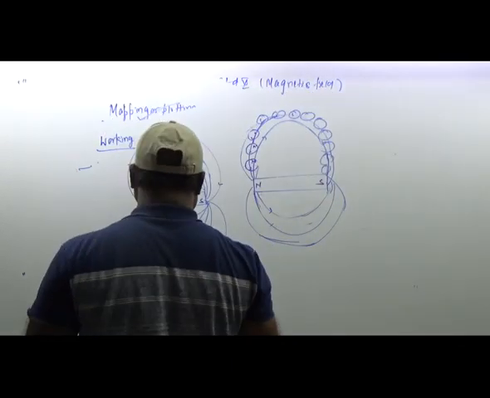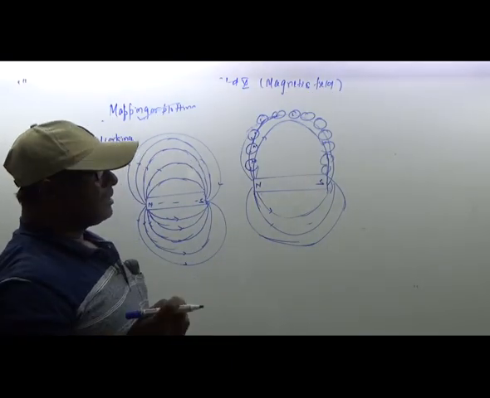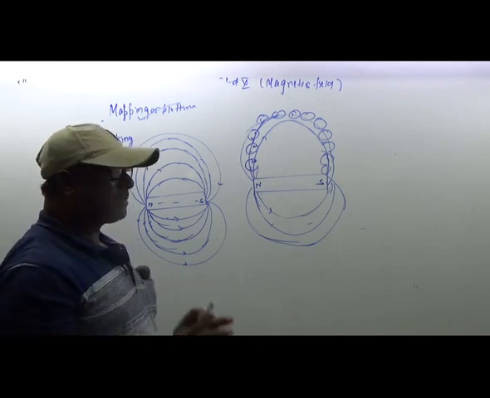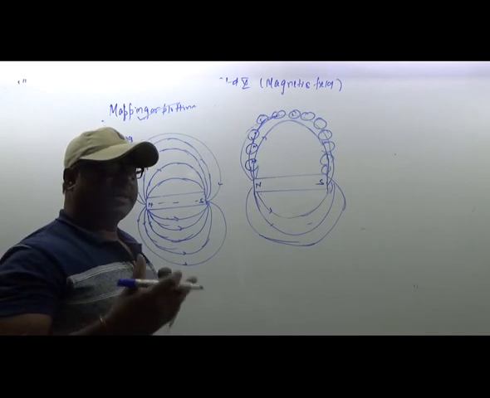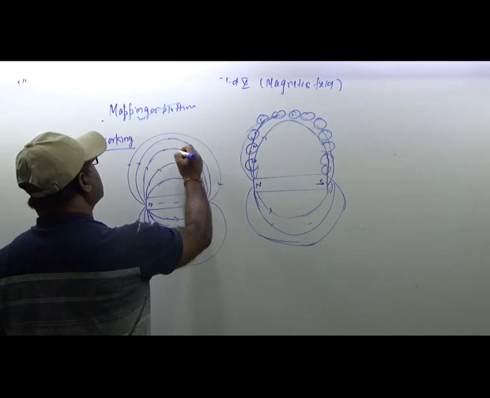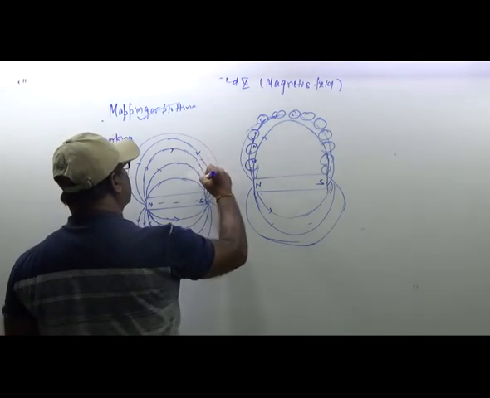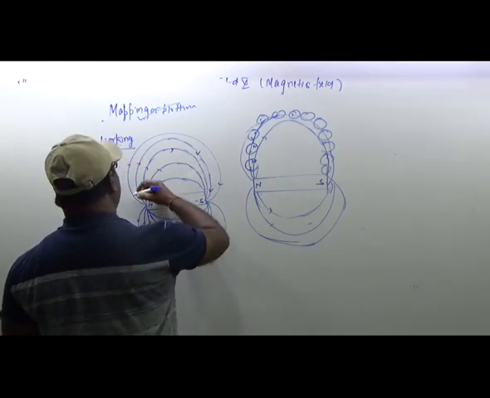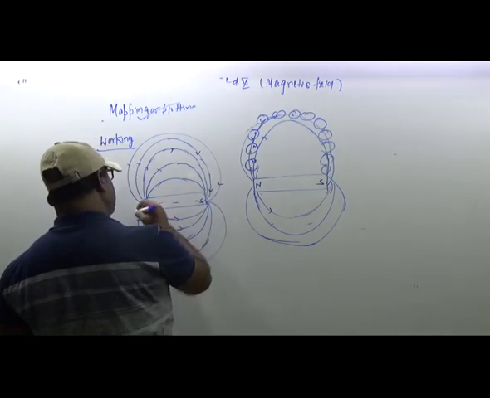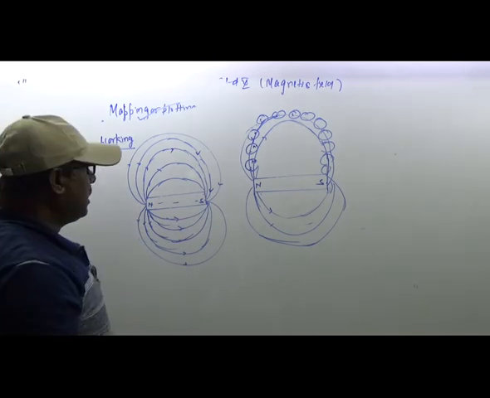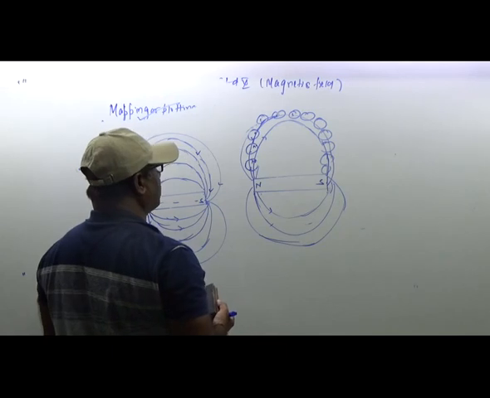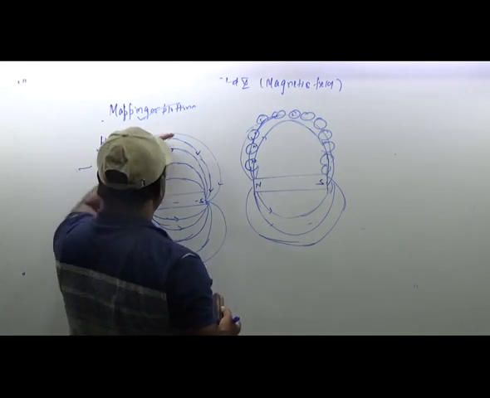I think the answer to the next question depends on it, that's important. You cannot neglect any portion of physics. If you neglect any portion of physics, you are going to create problems for the next topic. That's why I felt all of these are important. So it starts from north and goes like this. Here also like this. Alright. So these are the magnetic field lines and this is the magnetic field.